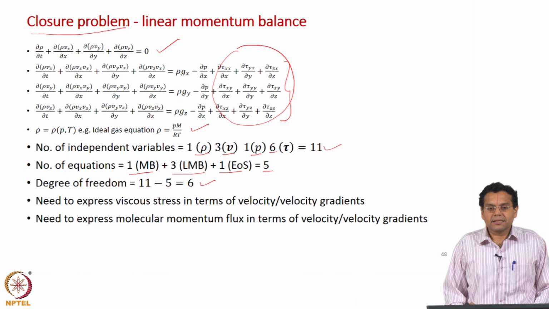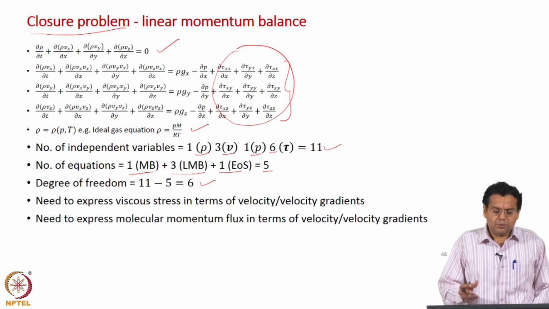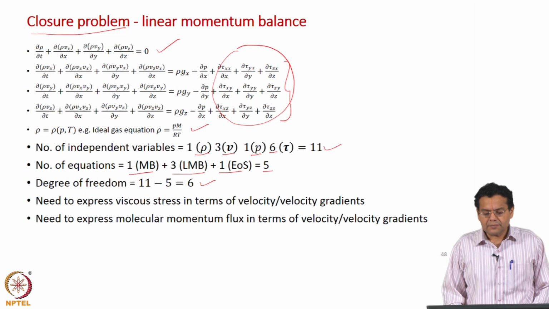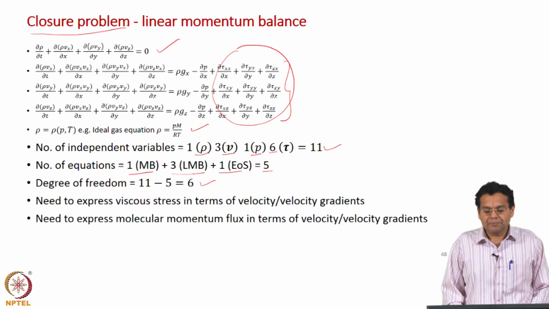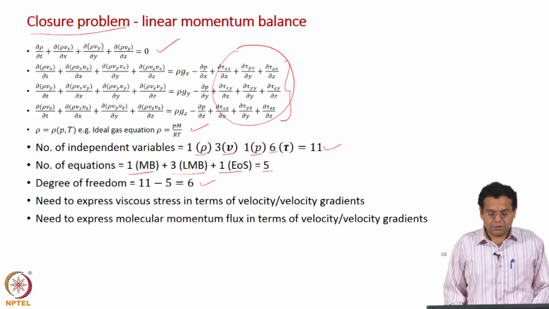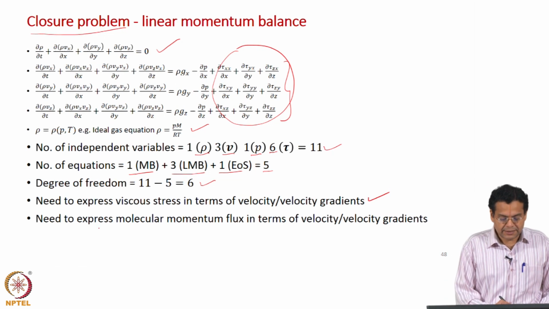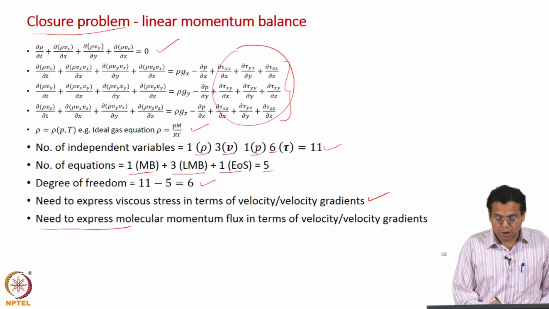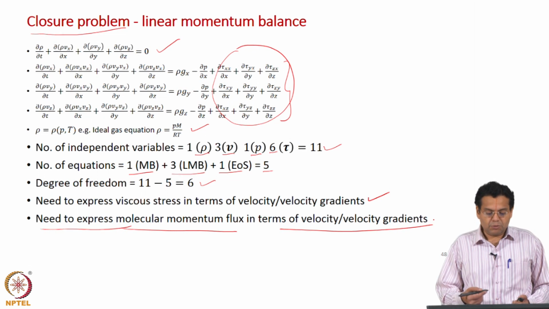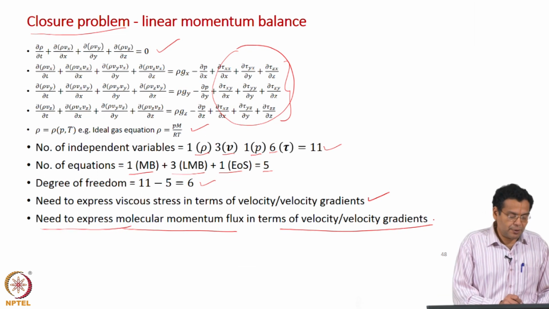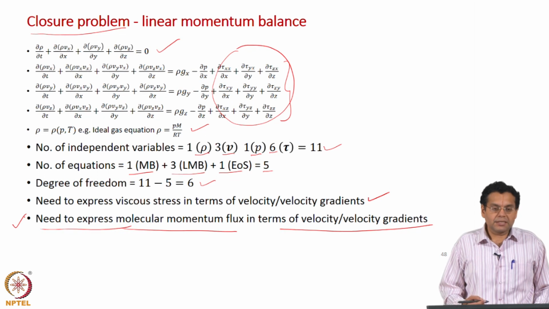Now, we are exactly in the same situation now. If you view them as later on when we started the transfer phenomena part of the course and we discussed momentum transport, we interpreted tau as molecular momentum flux. So, if you want to restate this from that viewpoint, we can say that we need to express molecular momentum flux in terms of velocity gradients. Both are two different viewpoints. The second viewpoint will be more useful because we are discussing heat flux.